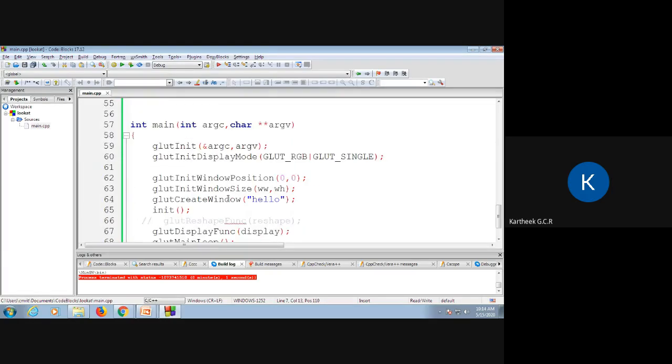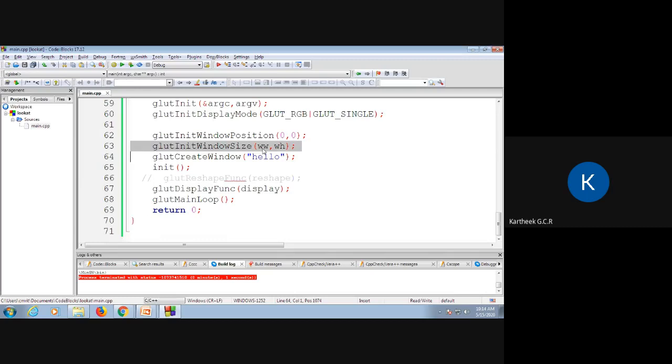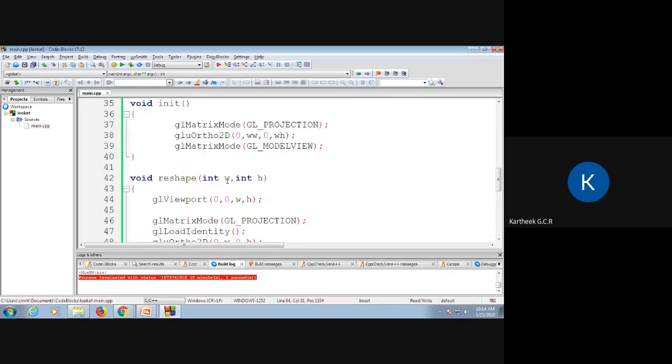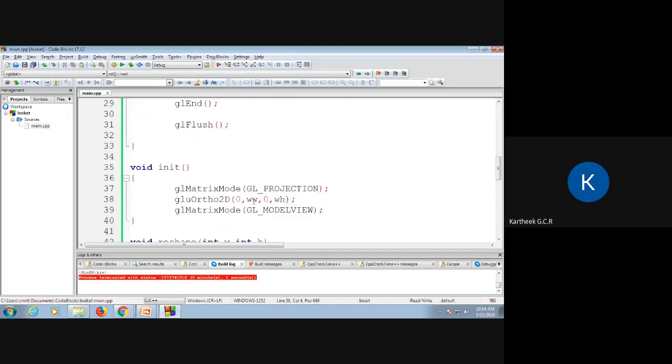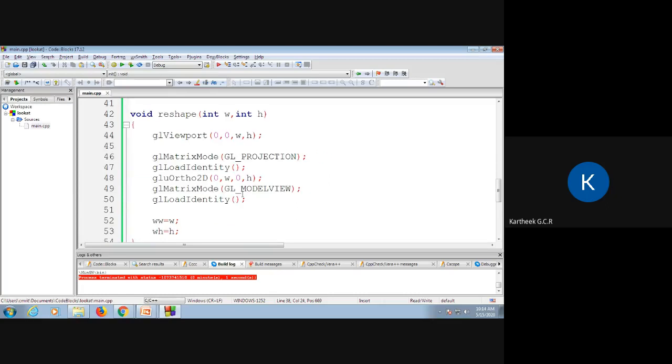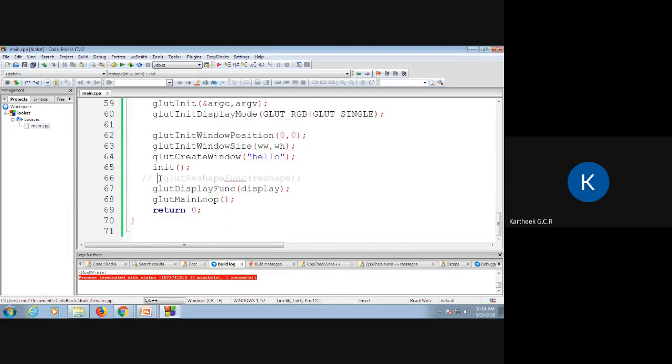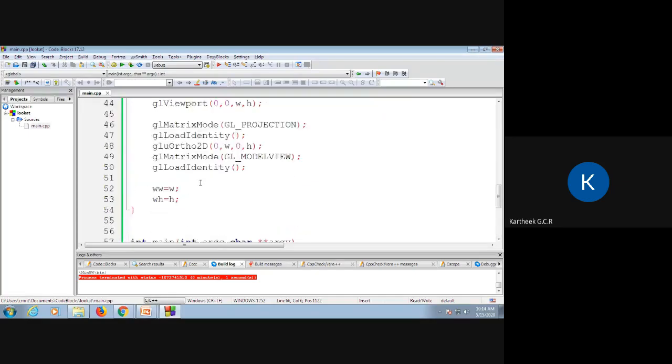I have taken a window of 500 and 500. I have created the window called hello, and then I have defined a viewing window of 0, 500, 0, 500. So basically, I have my display window of size 500, 500, and my clipping window of size 500, 500. No viewport is being used. Viewport is used in the reshape function, but I'm not calling any reshape function. So in this program, so far we are not using any reshape.